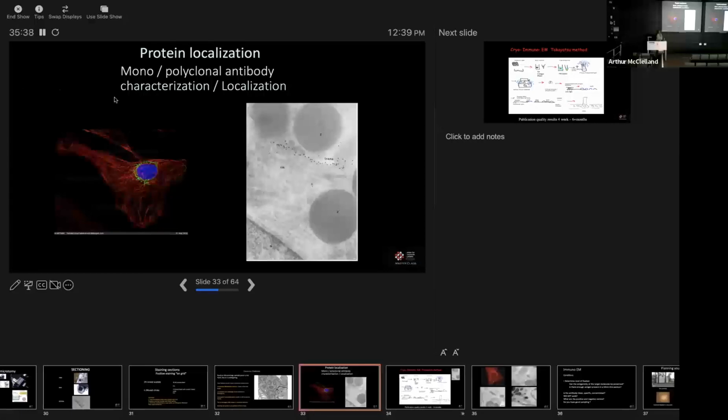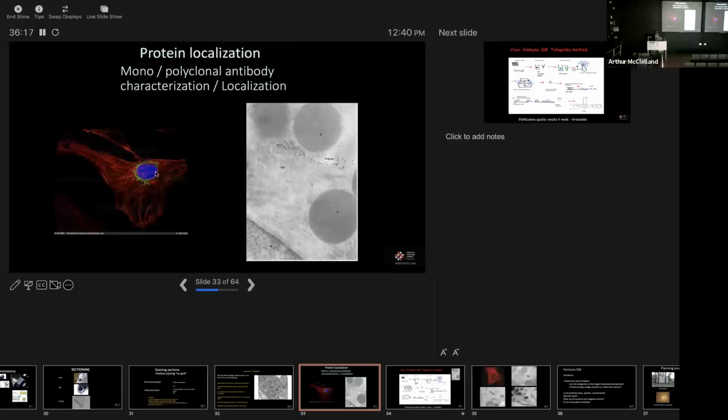Okay, so what other sorts of work can we do with bioelectron microscopy? We can do functional studies and look at protein localization by using monoclonal or polyclonal antibodies to characterize proteins and clearly define high resolution localization. If we look at the confocal picture on the right, the green is depicting Golgi, blue is the nucleus, red is ER. And that's a good confocal micrograph. You've got good clear labeling, clean, crisp, and nice in focus.